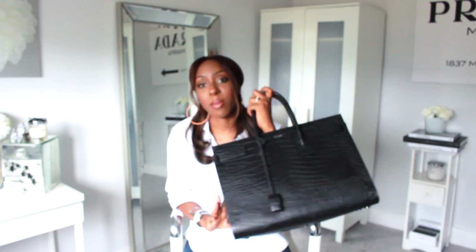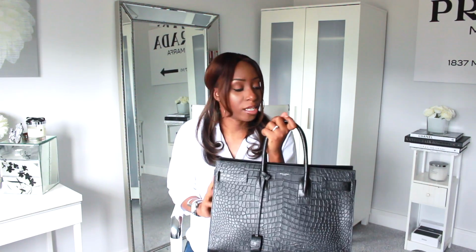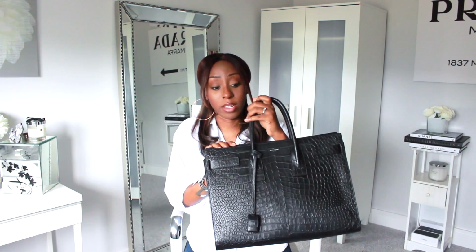Now this is my everyday bag because I spent a lot of money on it, frankly, but I feel like if you get yourself a decent bag and spend a good amount of money on it, then you don't have to keep buying loads of replacement bags. I think I've bought so many bags in my lifetime that I've probably spent about the amount that I paid for this one. And I just think, why spend loads of money on loads of different things that aren't going to last,